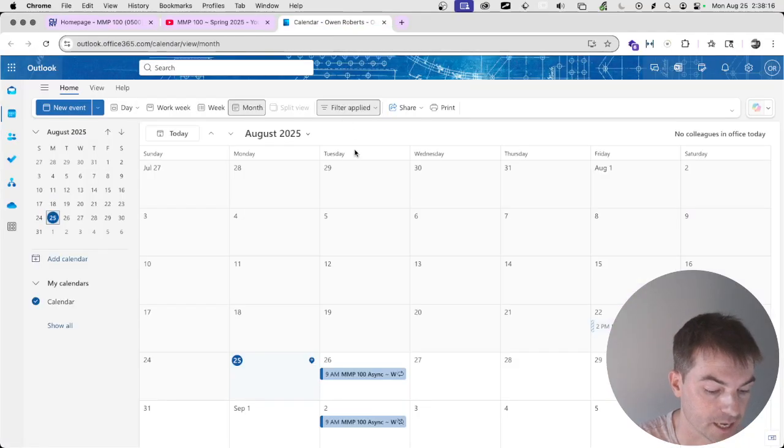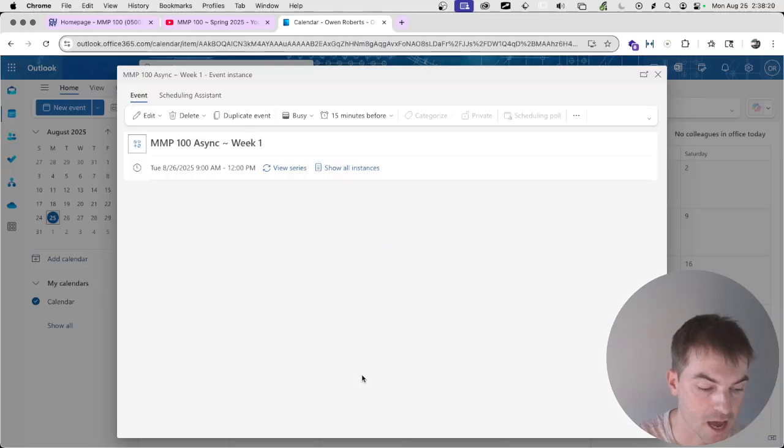I would really just block it out in your calendar. I'll show you guys my calendar. I set up a calendar time. This is the time when I'm going to post a video and look at what you guys are working on, and then do grading and all that stuff. So I have that set up in my calendar, week by week. You can create an event and make a recurring event, or whatever.